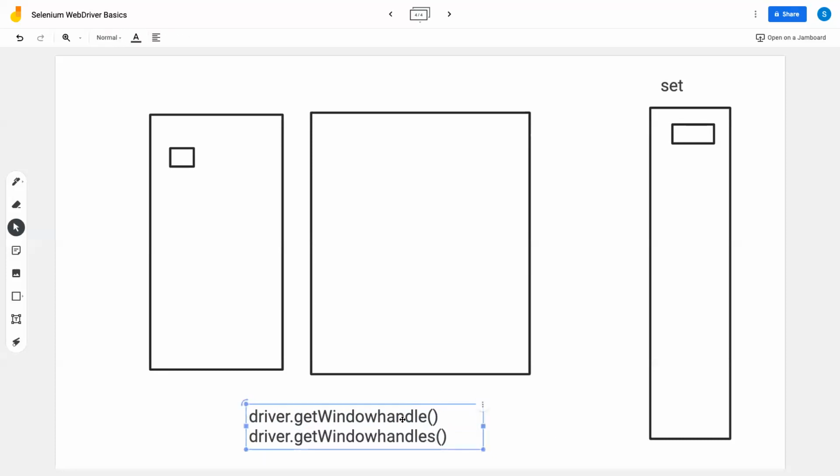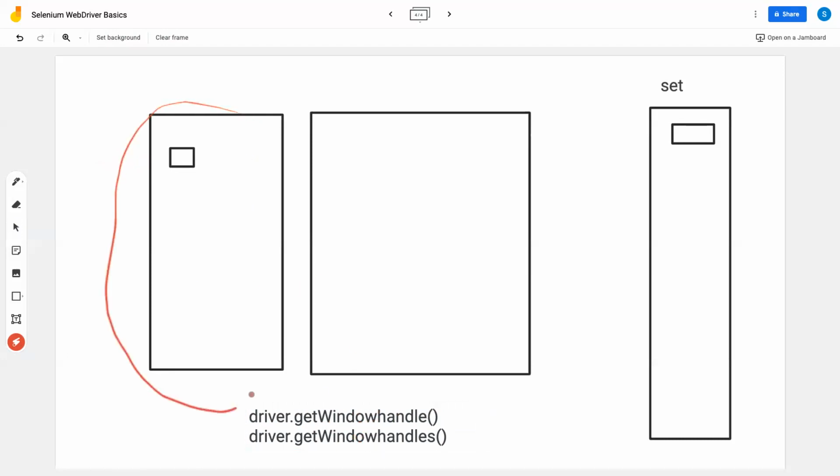The first one, when you use it, will give you the current context of your driver. So when the driver is listening to this window and you use getWindowHandle, it will return some kind of code which identifies this window. Okay, let's not go into detail on what that code means. So this method is going to return some, let's say, roll number or identifier, which tells you, hey, this is your current window.